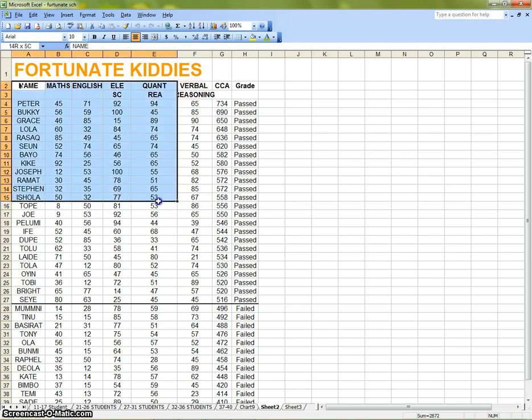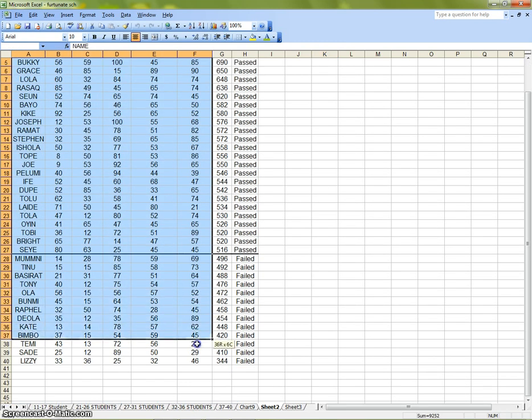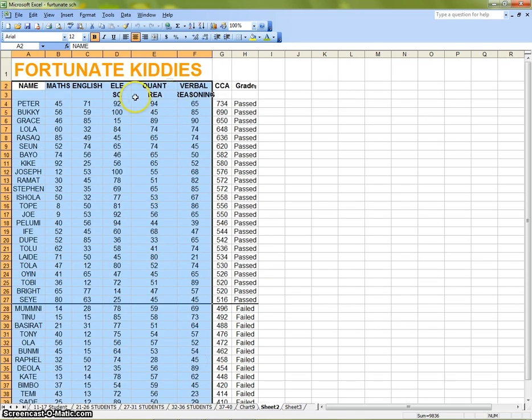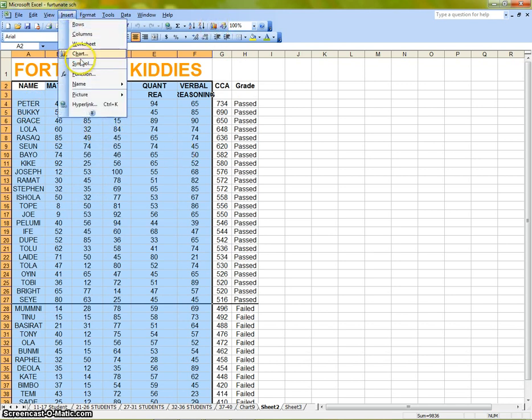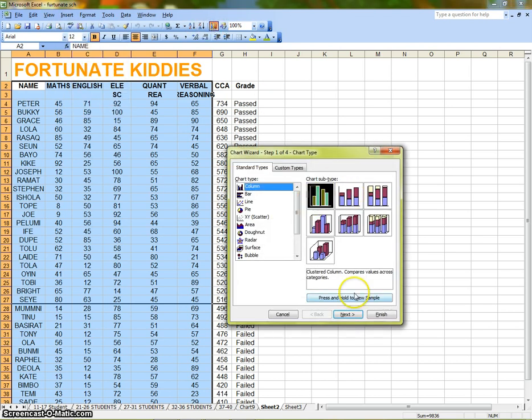if I decide to plot the chart of everybody, for example, like this, I want to plot the chart of everybody for these 4 subjects. Now, the problem with this is that I won't be able to see the full details. Let me show you. If I go to Chart Wizard here, or I can click on Insert Chart, it's the same thing. So I go to Chart Wizard on my standard bar here, and I choose Column Chart, and I